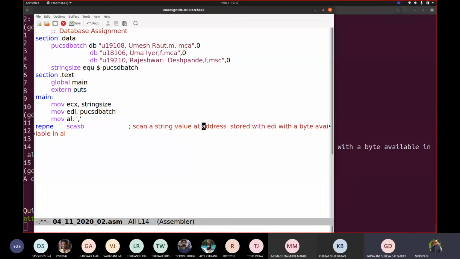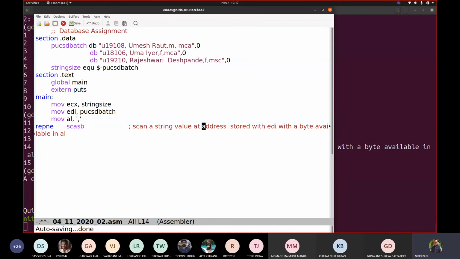No, what it uses internally, which register? ESI and EDI. CMPSB uses ESI and EDI. SCAS-B uses EDI only along with AL. If you write SCAS-W, then AX. If you take SCAS-D, then EAX.